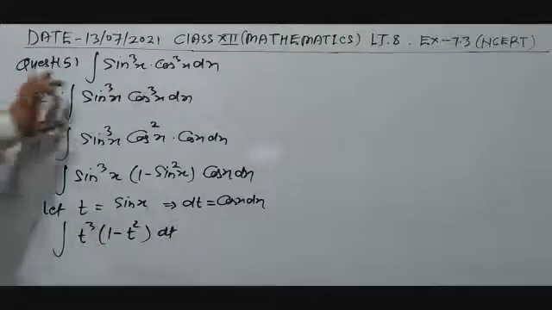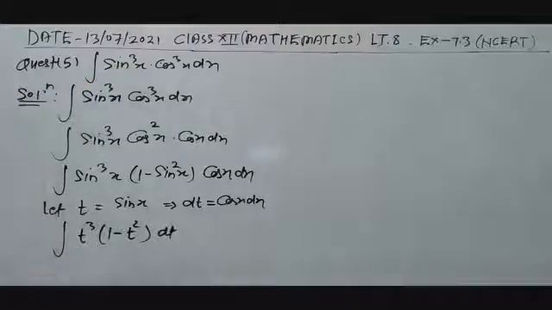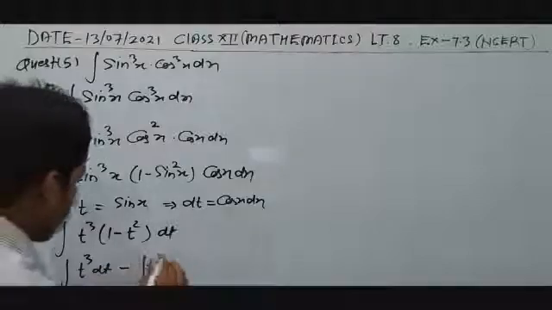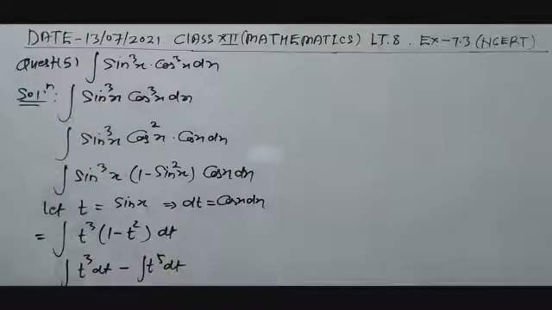So the integral part is converted into terms of t. So now multiply, result will be t cube dt minus t to the power 5 dt, and you can integrate